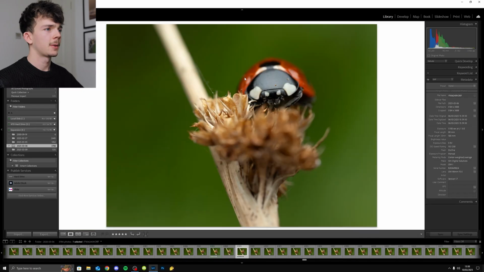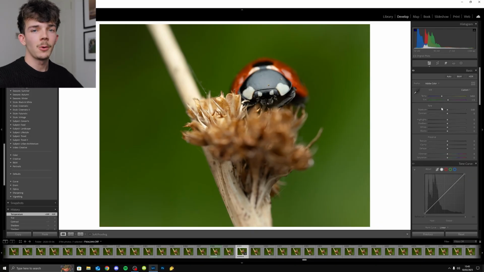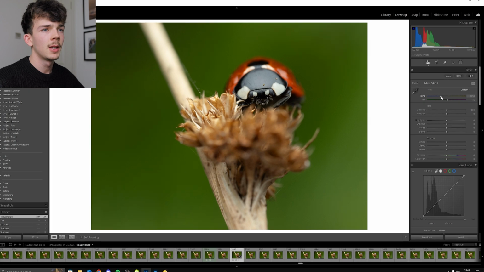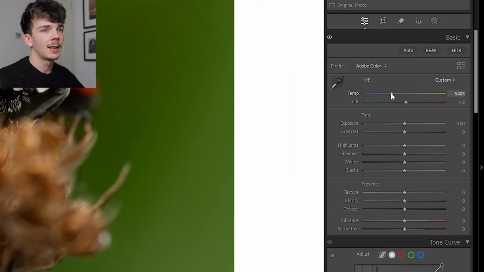Now I can return back to the image with the eyes in focus, which is this one here, and start editing the image. I like to start my edit by adjusting the white balance. At the moment, looking at this image, it looks a little bit too warm. So I'm just going to drag the white balance to the left, which makes it colder. And around